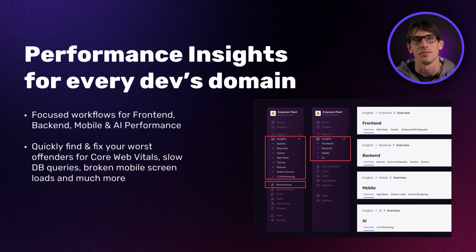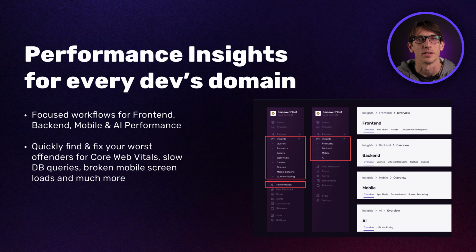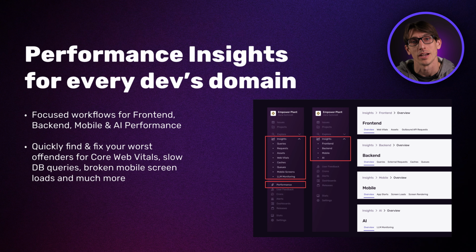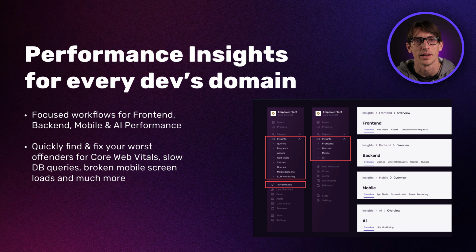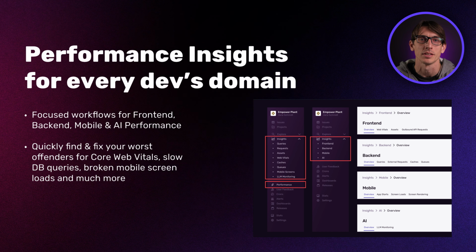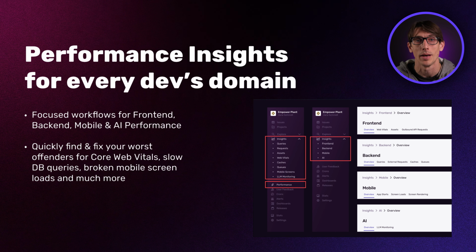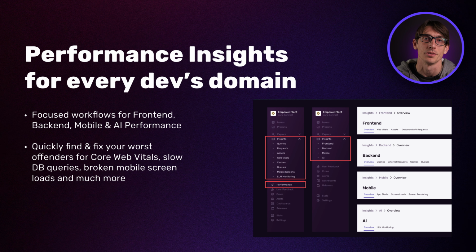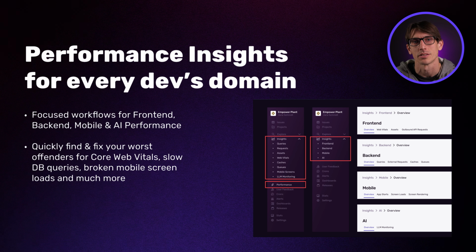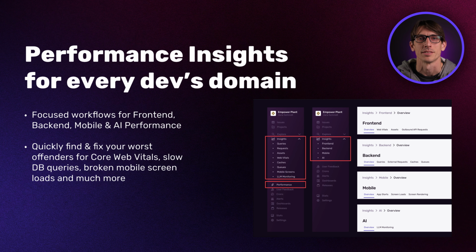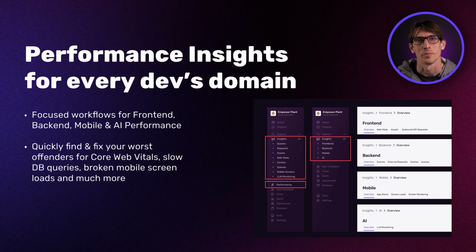Different types of developers have different sorts of questions they're trying to answer with the telemetry they collect about their application. The problems that face mobile developers vary from those facing backend engineers, front-end web developers, and AI specialists. With this in mind, we are refocusing Sentry's performance views on the domains backend, front-end, mobile, and AI. This allows us to immerse ourselves in each of these communities, solving the real-world problems facing us developers. Through this domain-focused lens, let's look at some of the features that are landing in performance.